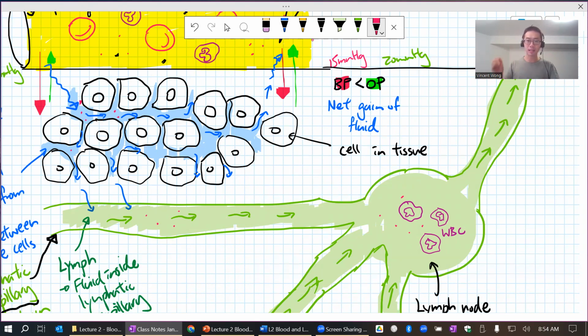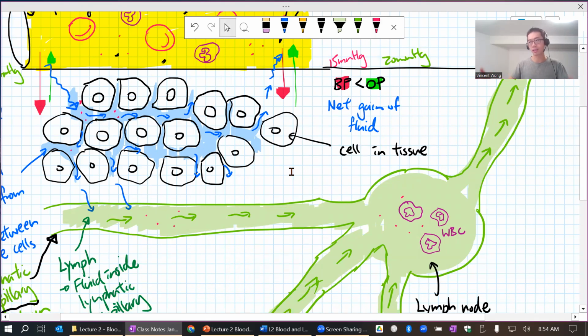Right? That's why it's tender and it hurts a little bit. It's the activity of white cells trying to get rid of these bacteria. So this actually is a surveillance tool to monitor if there is anything foreign in your body. Whether it's in the interstitial fluid or worse, in the blood. It's really bad if it's in the blood, because it just gets all over the body,